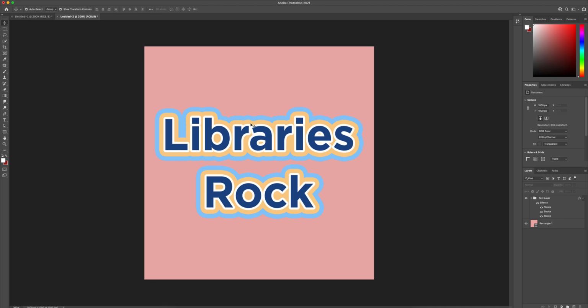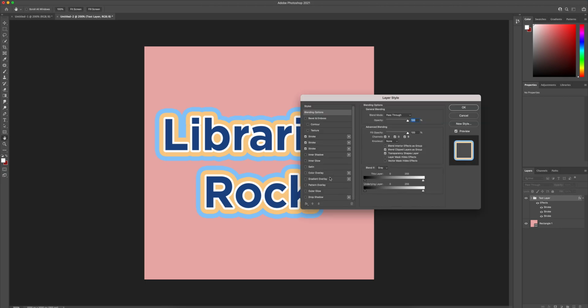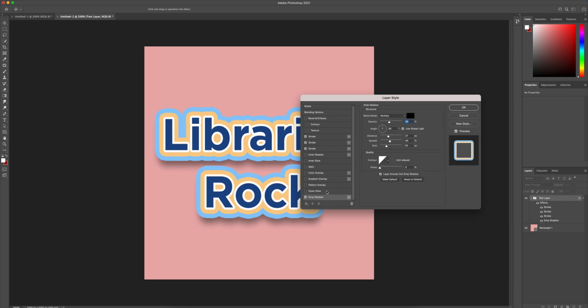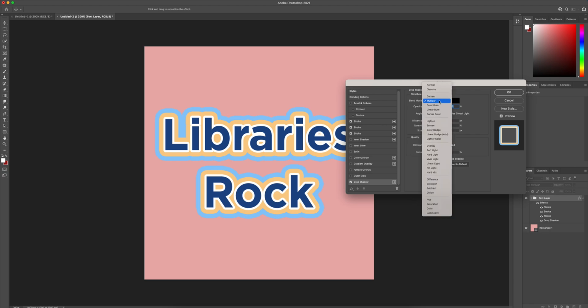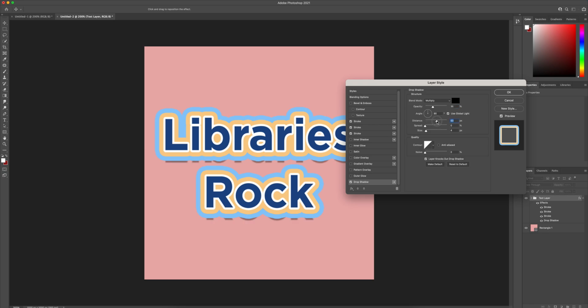So now that I have all of my strokes together, the next step I'm going to do, as just a little something extra, is to add a drop shadow. So I go down here to drop shadow, and it actually looks like it's pretty much already set, but just to show you how I got to this, I'm just going to reset it to the default. I like to use the blend mode multiply, and then from there you just adjust the distance,